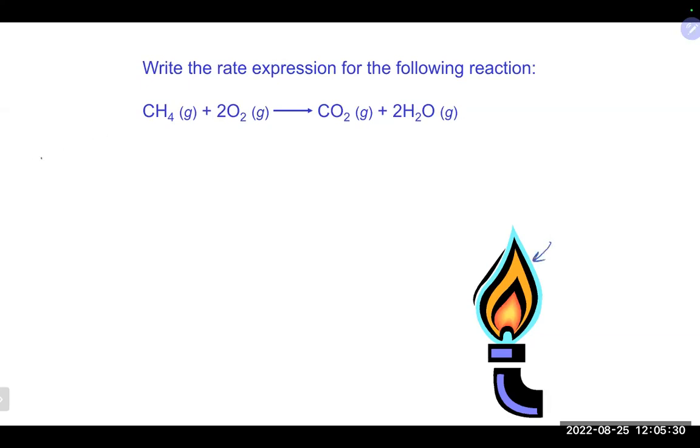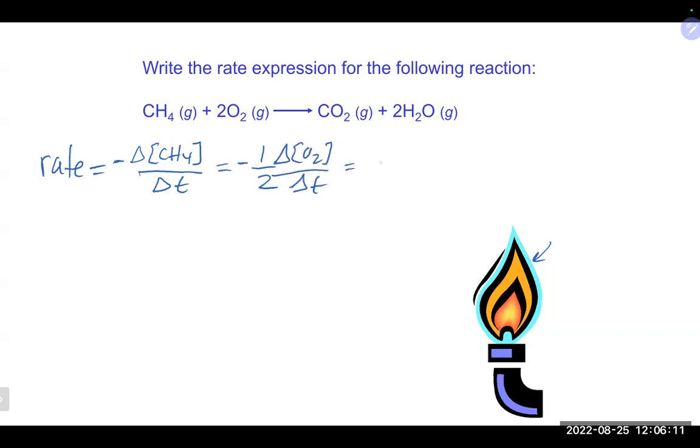So here we could do the rate is equal to, we'll start with our reactants. Because our reactants are decreasing with time, we do want to put the negative 1 over the coefficient. For CH4, the coefficient is 1, so we don't really need to put it. And then this would be the change in the concentration of CH4 over the change in time. If you want to set the next one equal to that, you can. And again, here we have O2, which is a reactant, so it should be negative 1 over the coefficient. Once again, that takes care of the mole-to-mole relationship, and that's really why we're doing it. The change in the concentration of O2 over the change in time equals,